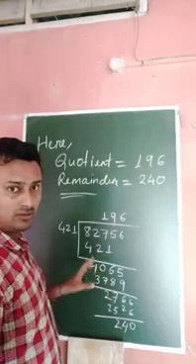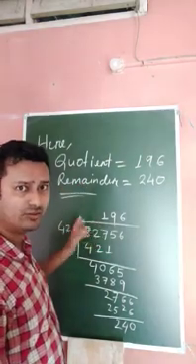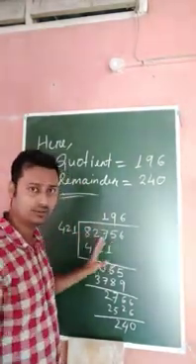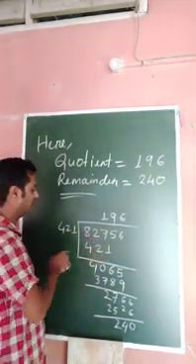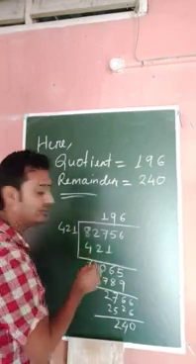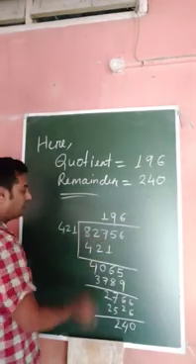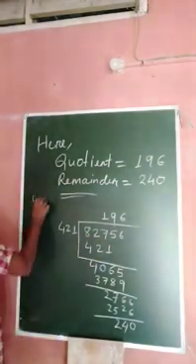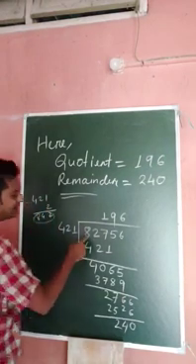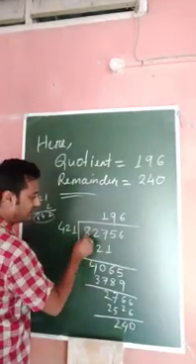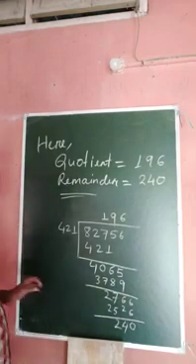The division you should do by yourself. That means 421 into 1. How do we find 1? I think all of you learned division in class 4, so again I am repeating this. 82,756 we have to divide by 421, and we have to find the quotient and the remainder. So 421 and this one is 827. If you multiply 421 by 2, it becomes 842, which is greater than 827. First you have to take these 3 digits, that is why we multiplied 421 by a number smaller than 2, that means by 1.